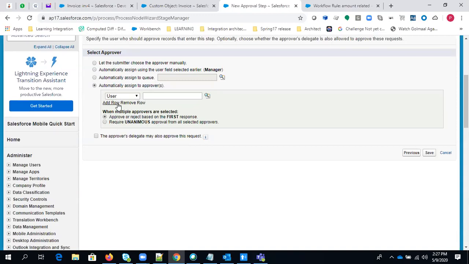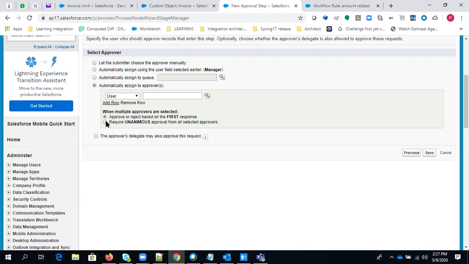If you are adding multiple users here, then you have two options: approve or reject based on the first response. So it will be on a first come first basis. If you select this particular radio button, and any one of them approves or rejects this record, then this record will be approved or rejected based on his or her response.